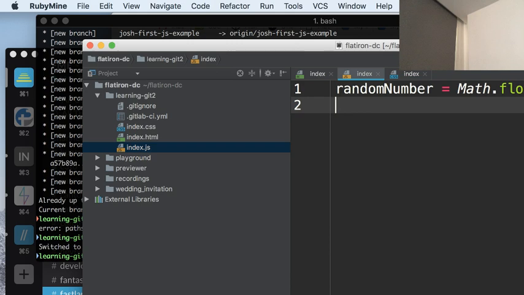So math.random gives us a decimal between 0 and 1. Multiply it by 10, that gives us a number between 0 and 9 actually, and then I'm going to add 1, and that's going to give us a number between 1 and 10, and then I'm going to take the floor because what we would end up with is